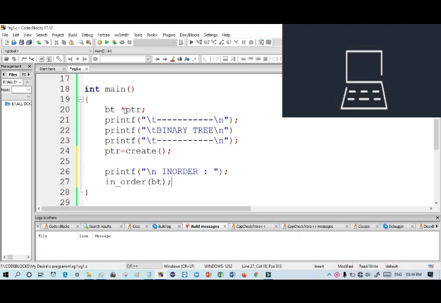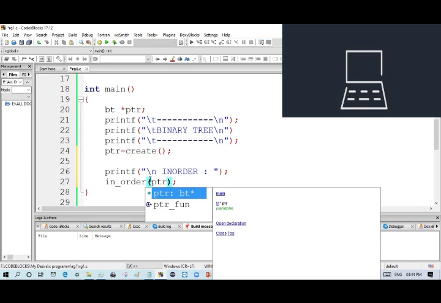Remember here this PTR means always it will be root, because this binary tree is constructed from the root, so every time you have to pass root. Its PTR means here it is root.